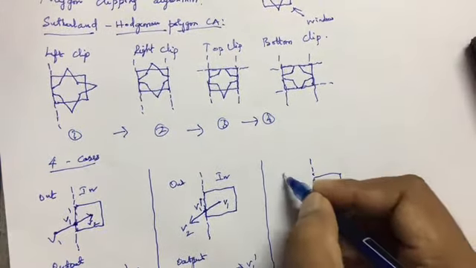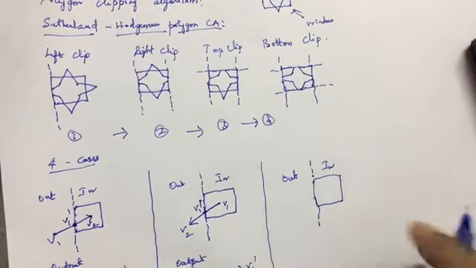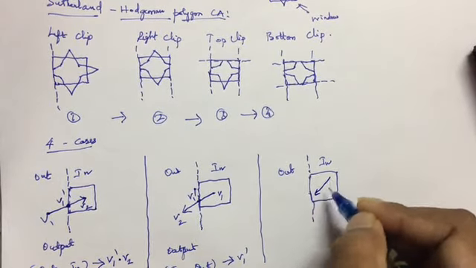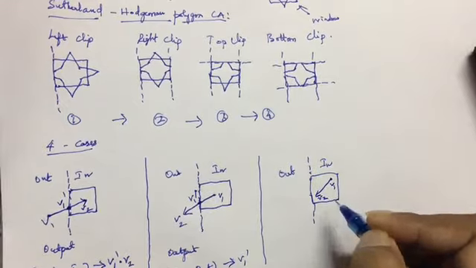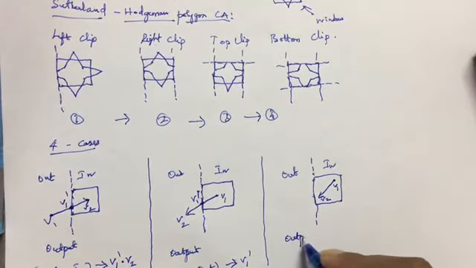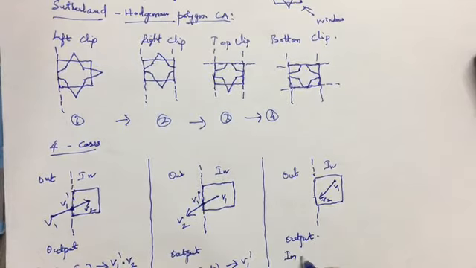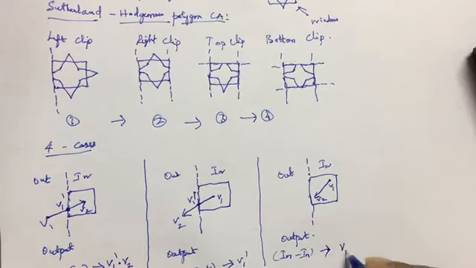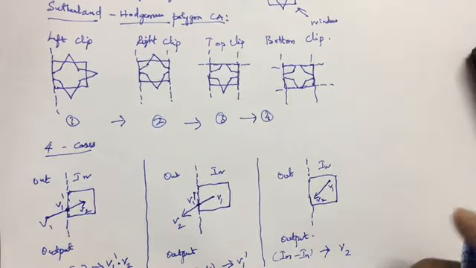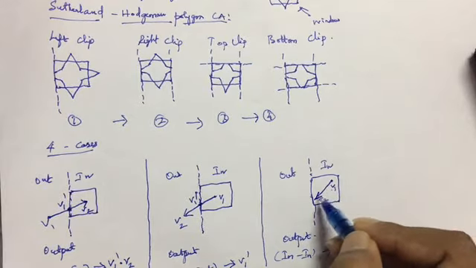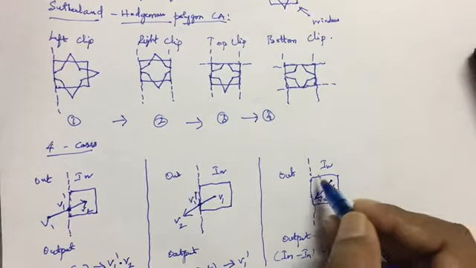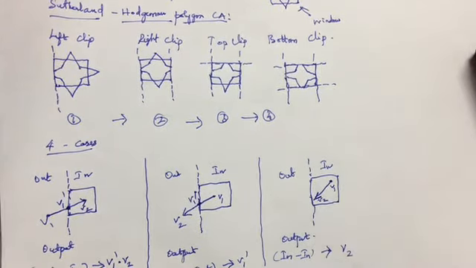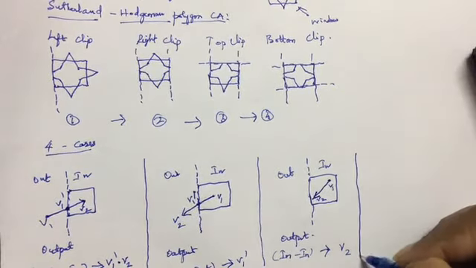Third case, again window, margin, out position, in position. In this case, both the points are inside the window, V1, V2. So the output will be from in to in. In this case, the output will be V2 only. As I said earlier, the end point should be considered, V1 to V2. In this case, both the points are inside the window, and so this is considered the originating point. The end point is V2, and so the output is V2.